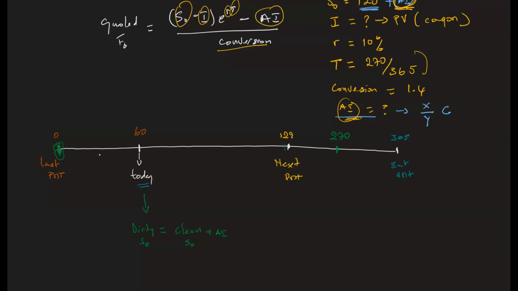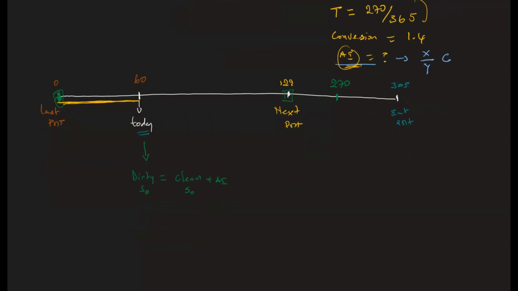The next one is going to be made here, which means that there is interest that has accrued over this 60-day period. And so our dirty S0 is going to be equal to our clean S0, which is 120,